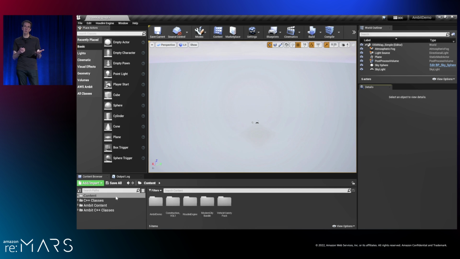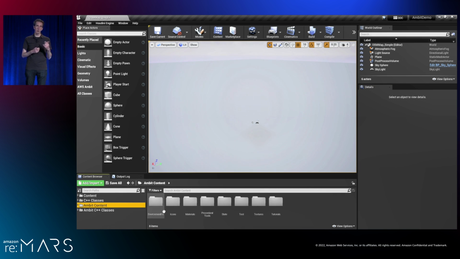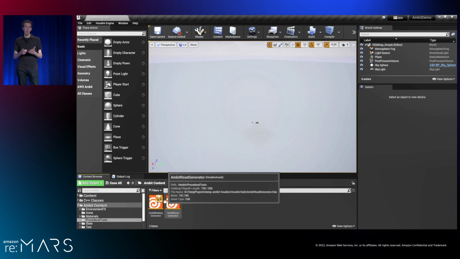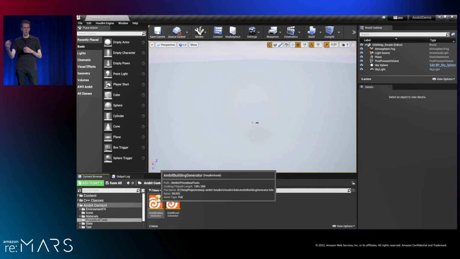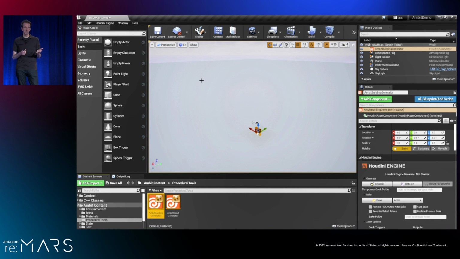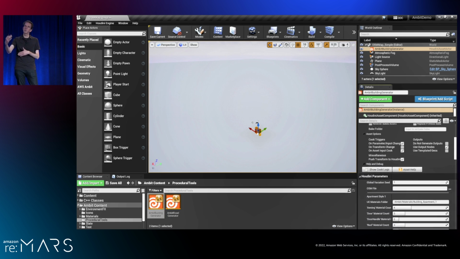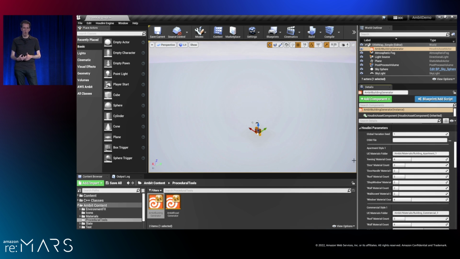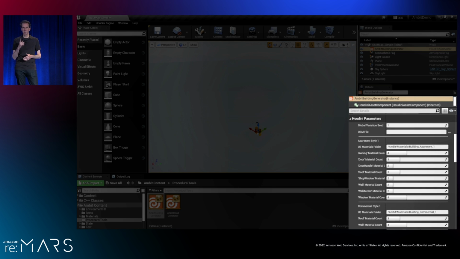And then when I go over into Unreal Engine, I can use one of the procedural tools we provide called the Ambit Building Generator. We have Ambit Building Generator and Ambit Road Generator. I'll place the building generator into an empty map, an empty world. It will do a little bit of initialization, and then I'm able to access a bunch of different configuration properties. But really, many of these are optional. The only one that's required is I just have to point it to that OSM file that I downloaded.